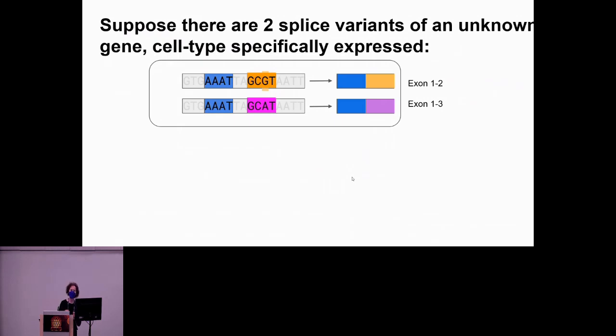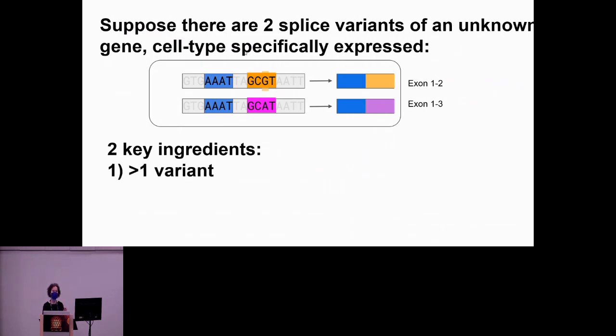So let's try to give a tiny bit of intuition for why this works. Suppose you have 2 different splicing events, exon 1, exon 2, or exon 1 and 3. Exon 1 is going to be colored blue. It's that fixed k-mer that I was talking about in the past slide. So what if there are two, we don't need to know anything about the gene, anything about the splicing event. What if there are these two variants in our sequencing reads, and they have differential expression in two different cell types, for example, okay?